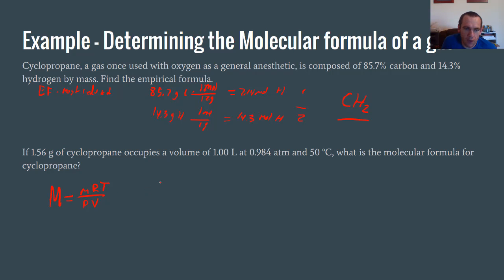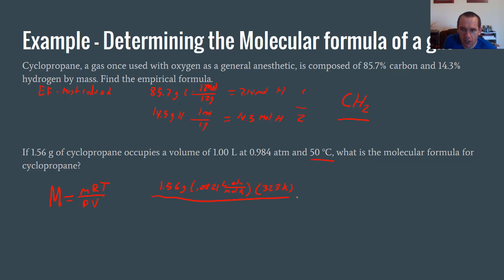So 1.56 grams, and so then we have liters and atmospheres. So again, we're going to choose the gas constant that involves liters and atmospheres, 0.0821, and then of course the units on this are liters times atmospheres per mole times Kelvin, times temperature, 50 degrees Celsius. Remember, we want to change that to Kelvin, so 273 plus 50 is 323 Kelvin, and then we'll divide that